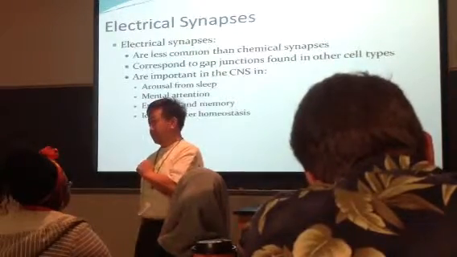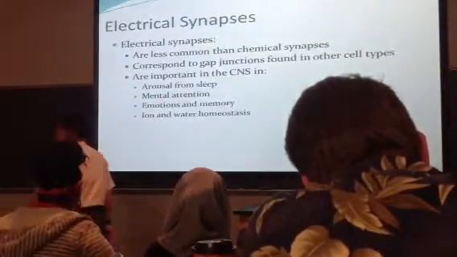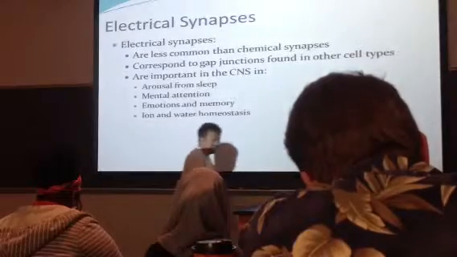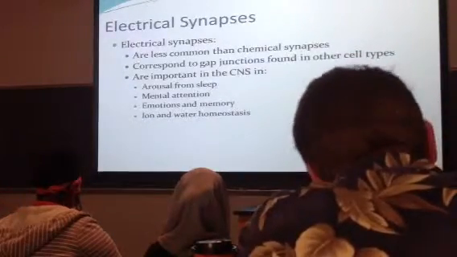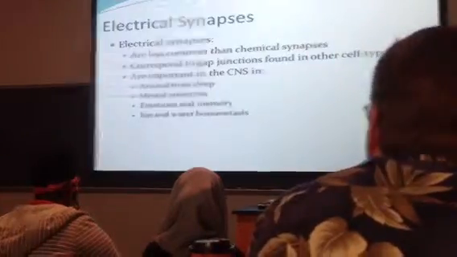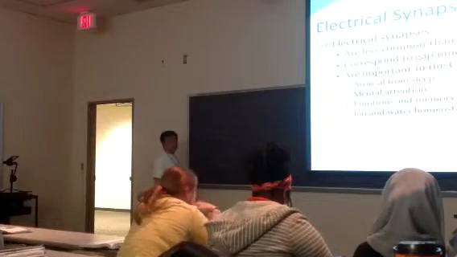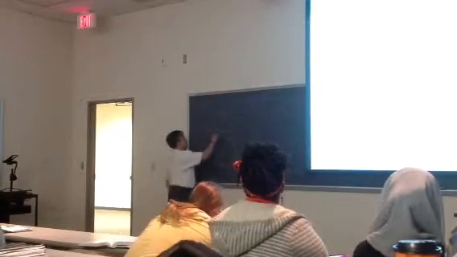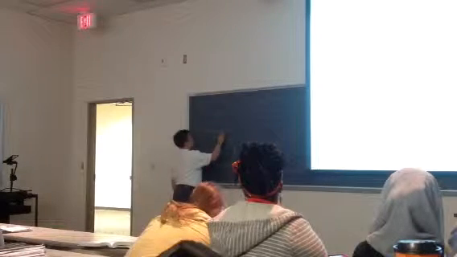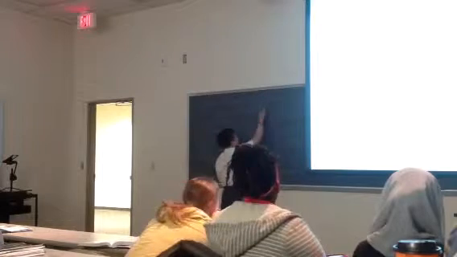Is that simple? However, electrical is a bit different. Wait, I thought they were both electrical. That's what action potential is about, isn't it? Well, let me draw the picture of the typical chemical synapse, where you have the axon of the pre contacting the cell body of the post right here, and between them you have the synaptic cleft. So in order for the pre to activate the post, it has to release a chemical. The common one is acetylcholine. Are you with me? Well, here is a synapse that we call an electrical synapse.